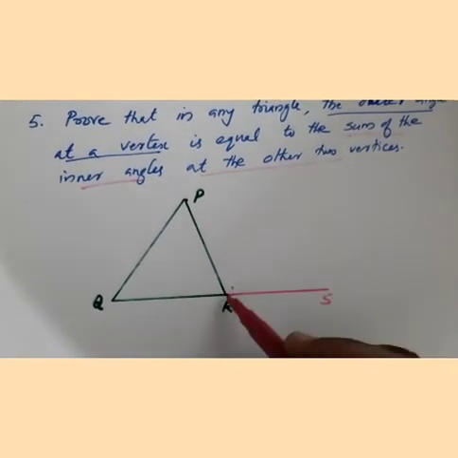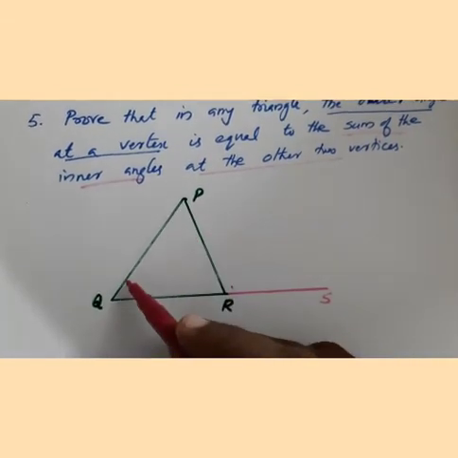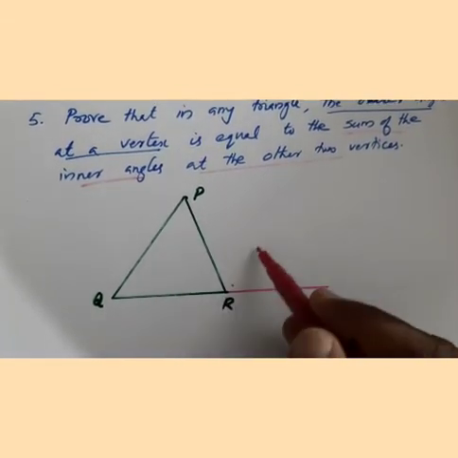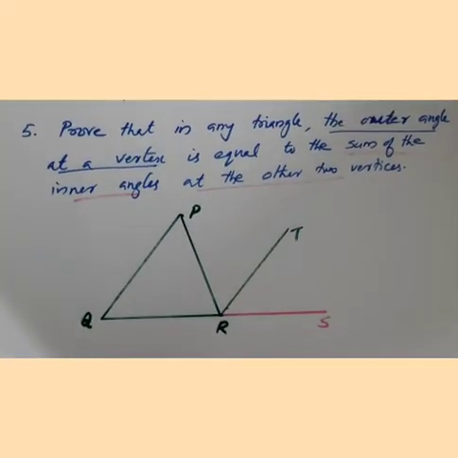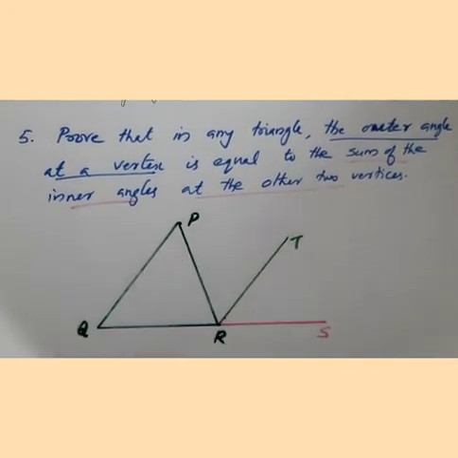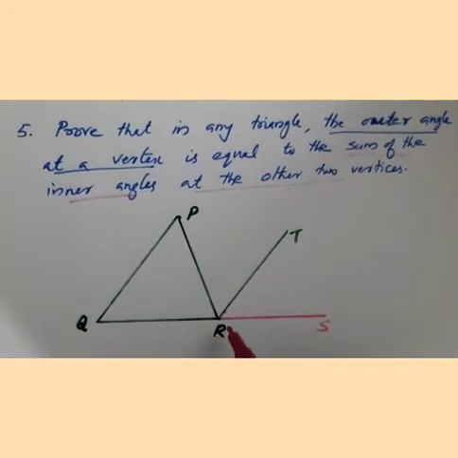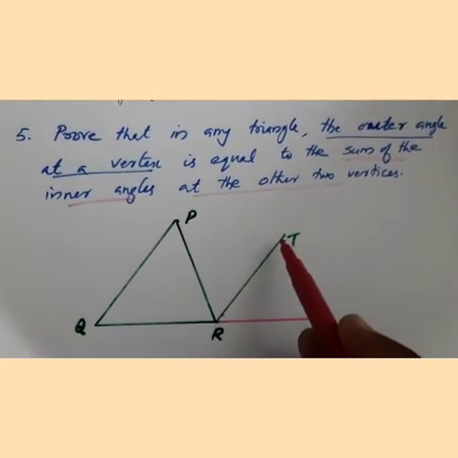We will draw a line from R parallel to PQ. So draw the line RT parallel to PQ. Here angle PRT,